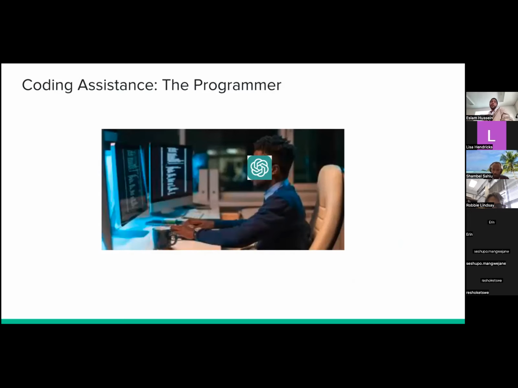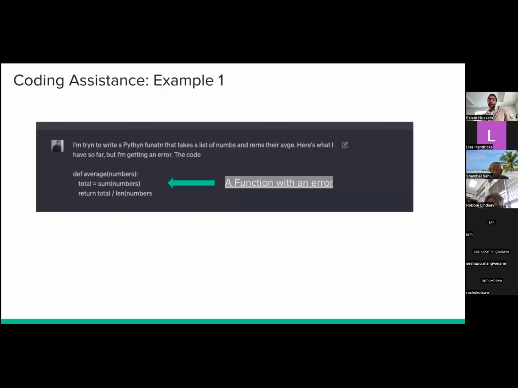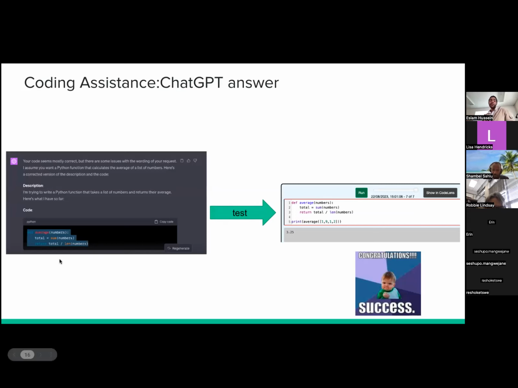So now, how can it help you when it comes to programming? I think I use it almost every day. Whenever I use it for coding, I always use ChatGPT. So for instance, this is a very simple averaging function. You can just give it the function itself and say, okay, correct this function for me. And it does give you the correct function. You just copy paste the code and run it and it will work.